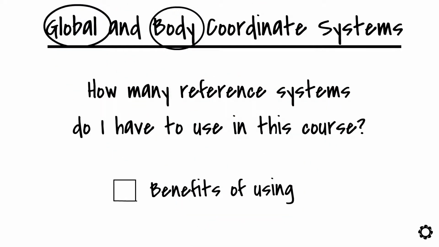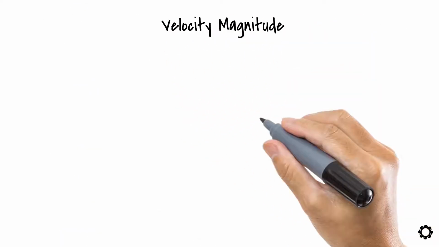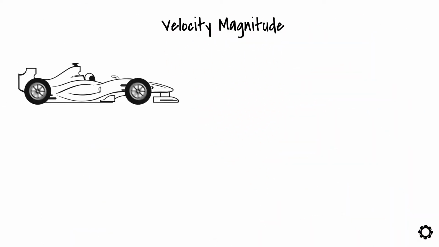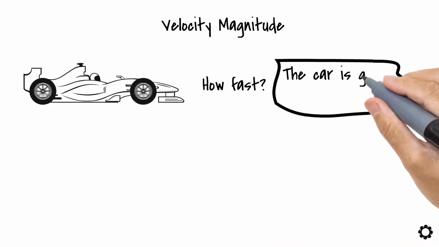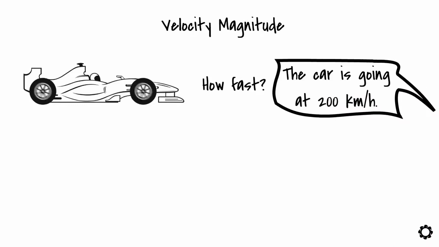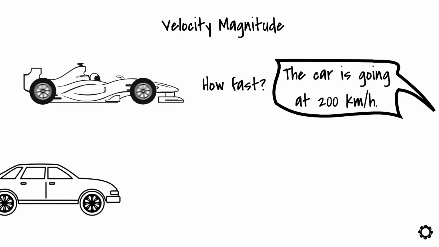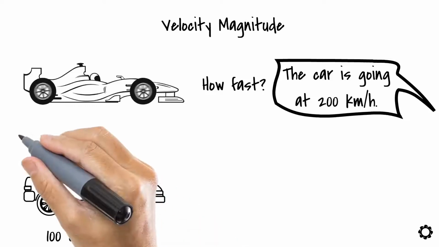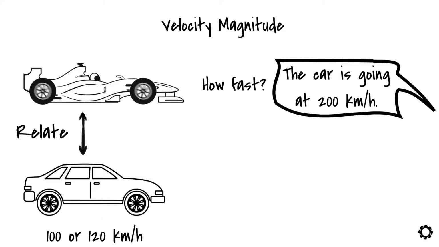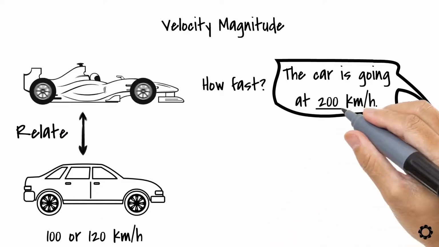Let's start with an intuitive concept: velocity magnitude. Imagine this. You see a car racing in a Formula 1 circuit. One of the things you might be thinking is how fast the car goes. You might have an idea if somebody tells you that the car is going at 200 kilometers per hour. Why? Because you have been on a car going at maybe 100 or 120 kilometers per hour. Therefore, you can somehow relate these two speeds even though you might not have ever experienced 200 kilometers per hour